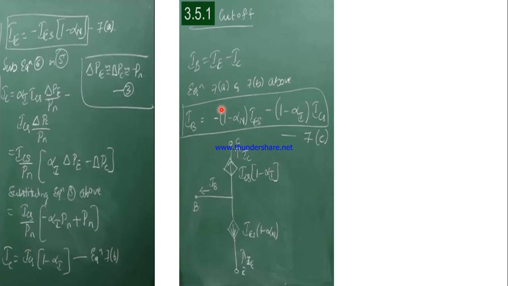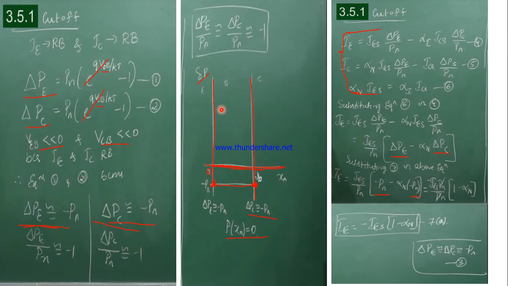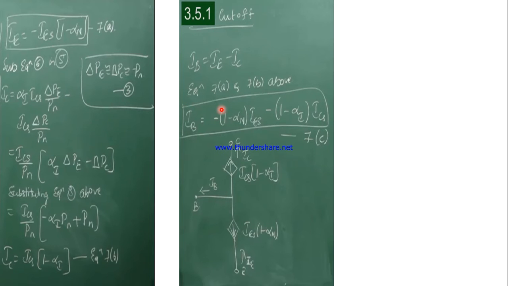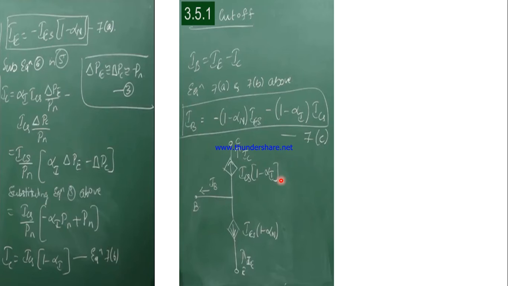So these are the three equations. They are directly given in the textbook. So if you know the value of IB, IC as well as IE, then no need to derive. If you know the values of these equations, then you can use them directly. No need to derive each and every equation.